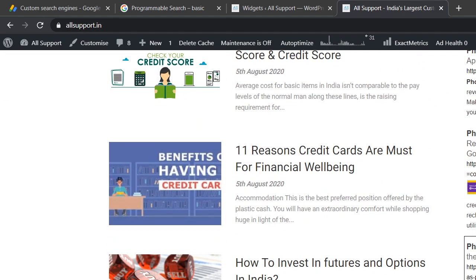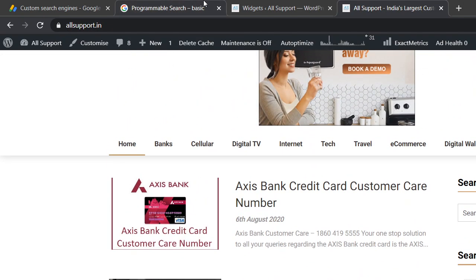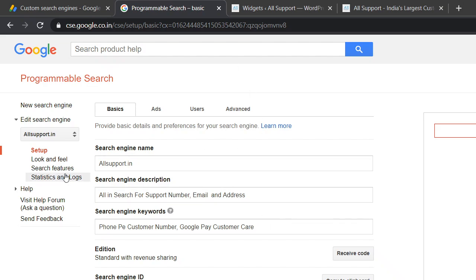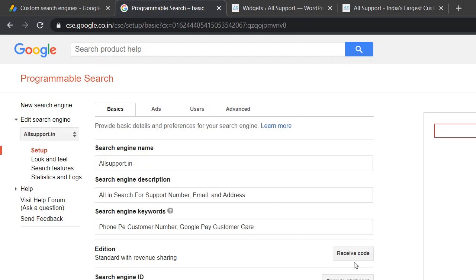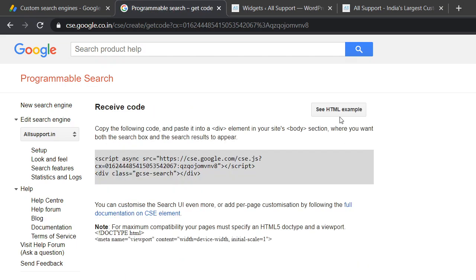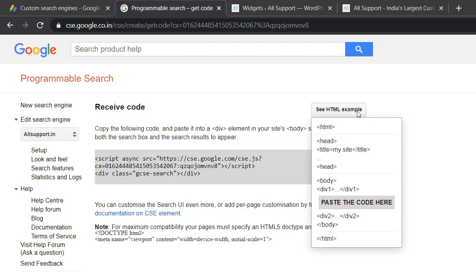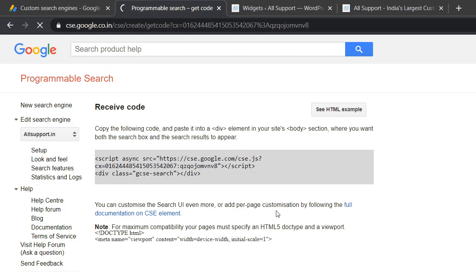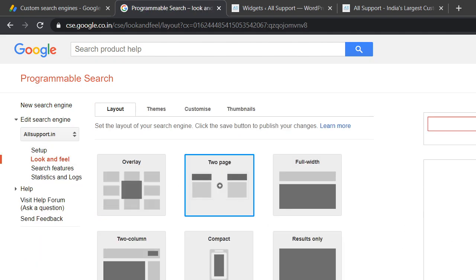Now one issue that I am seeing here is that the results are showing up, but the results are not from my site, they are from the web only. So what you can do is go to this option particularly, search and search page setup, change the page, and save this code.